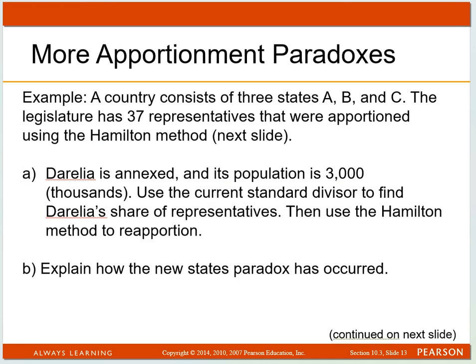A country consists of 3 states, A, B, and C, and the legislature has 37 representatives that were apportioned using the Hamilton method, shown on the next slide. I can't pronounce that. Is it Darelia or Durelia? I don't know. We're going to call it state D, okay, is annexed and its population is